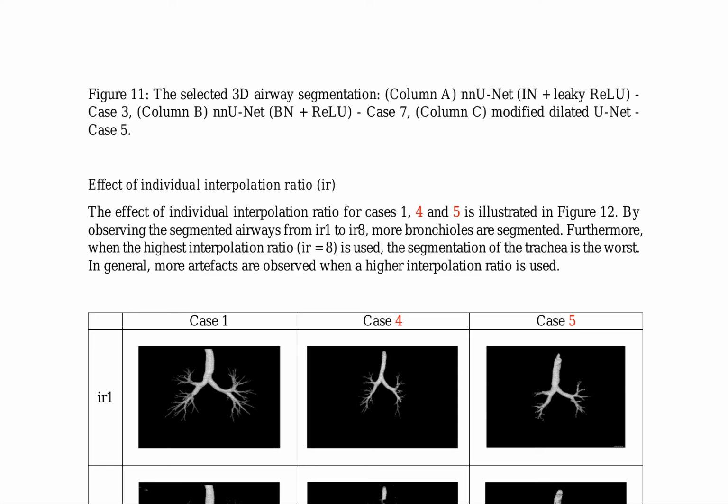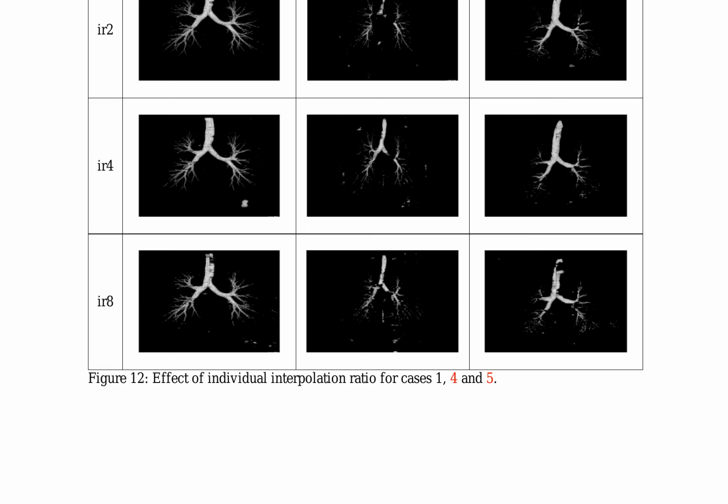The interpolation ratio controls the level of detail in segmentation results, with higher ratios leading to more detailed but potentially noisier segmentations. The trade-off between bronchiole and trachea segmentation accuracy suggests an optimal interpolation ratio exists, balancing performance across different airway structures. These findings emphasize the importance of carefully selecting the interpolation ratio in the segmentation pipeline to achieve optimal results. The results also highlight the need for further investigation into the effects of interpolation ratio on segmentation performance of